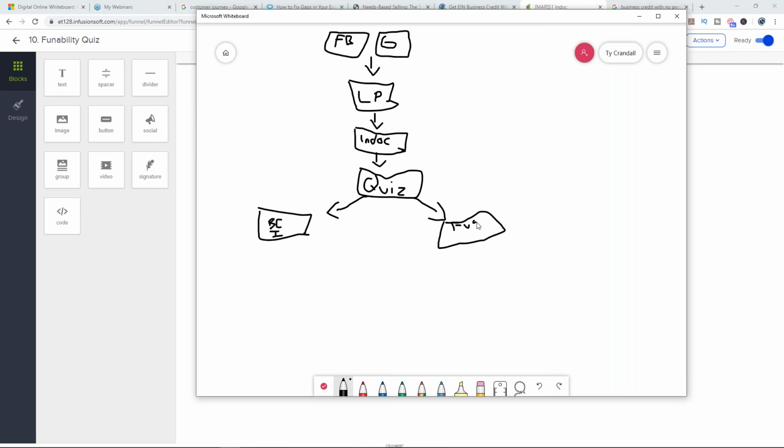So now, for the first time ever, we want to separate the customer based on what they can actually qualify for and get. The customer comes in off our ads and goes to that landing page, which looks good. They go to that indoctrination sequence. The first thing they see is that fundability quiz, and we're separating them. How are we separating them? Based on whether they can get funding or they can't. If they can get funding, then we want them to go into a different indoctrination sequence that talks all about funding. If they don't qualify for funding, or if they came in wanting business credit originally,